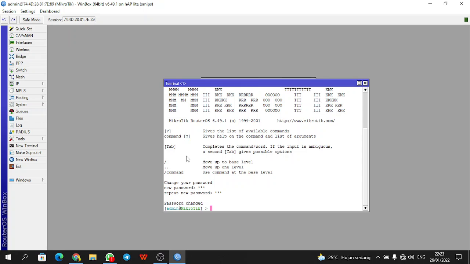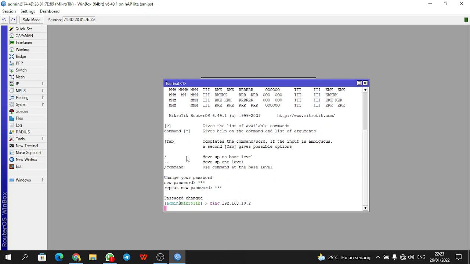Okay, next we add a ping to the PC client, with ping 192.168.10.2.